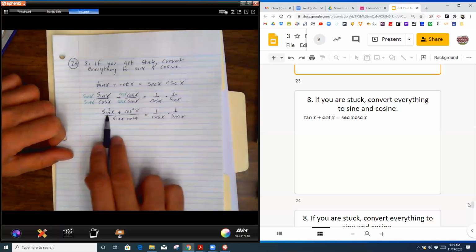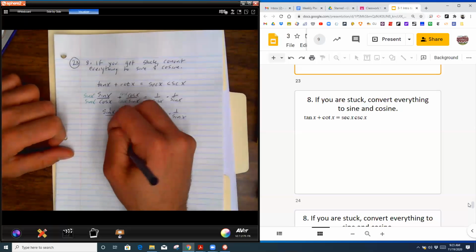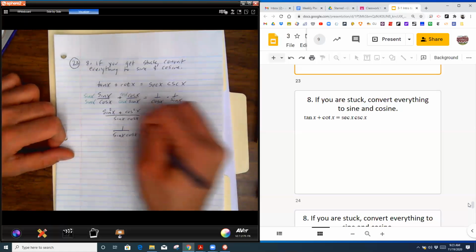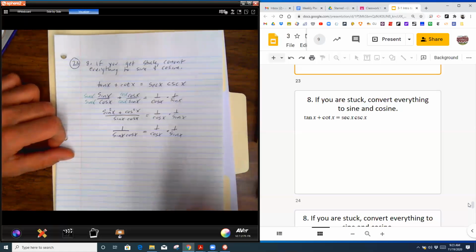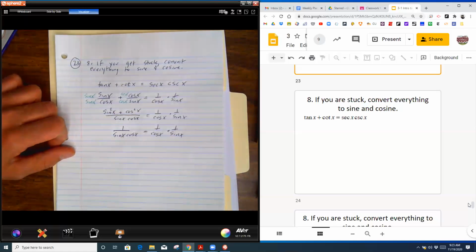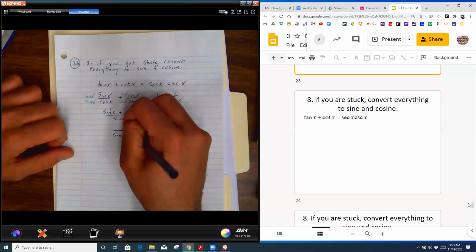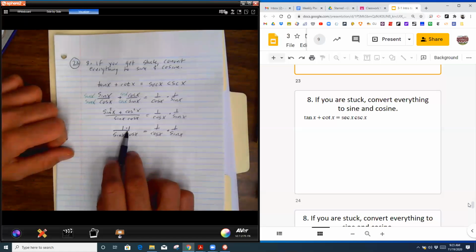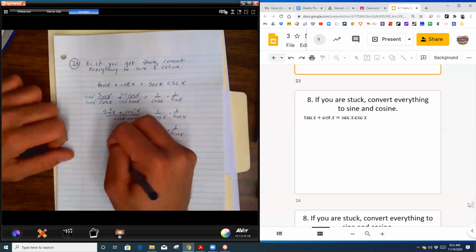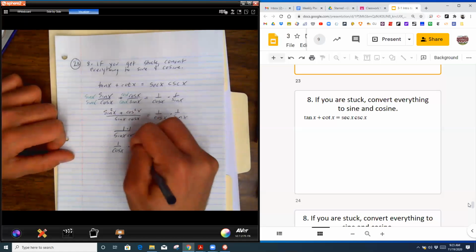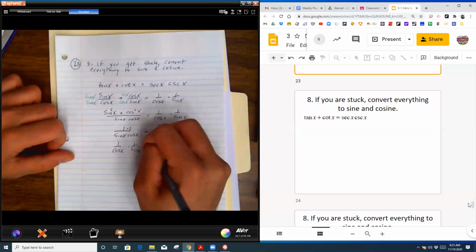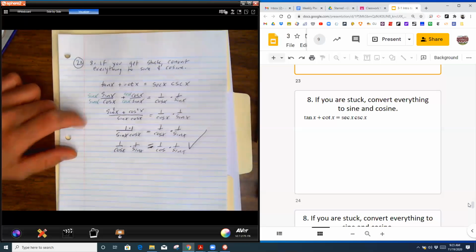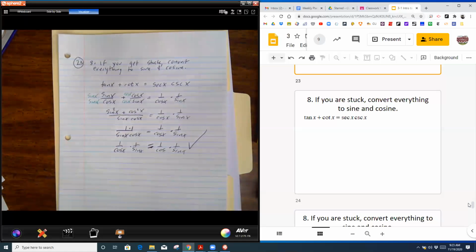So now I'm going to take this and change it as 1 over sine of x times cosine of x is equal to 1 times cosine of x times 1 over sine of x. And now we're pretty much the same thing. If you stop there, I would be okay with it. But you could just write that as 1 times 1 and then flip it around because you can multiply anything in any order. And then bada bing, bada boom, we're done. All right, so that is the 8th guideline of